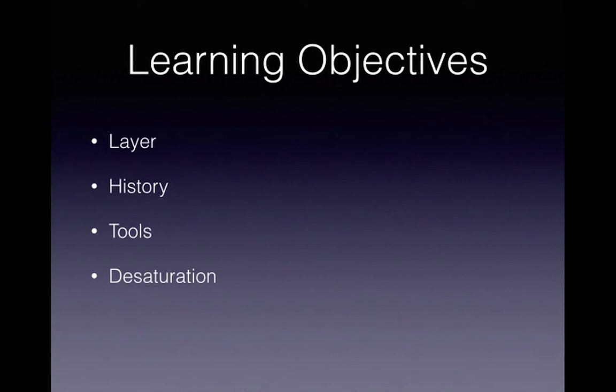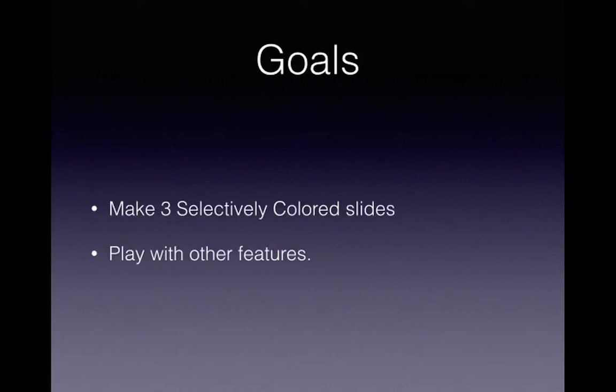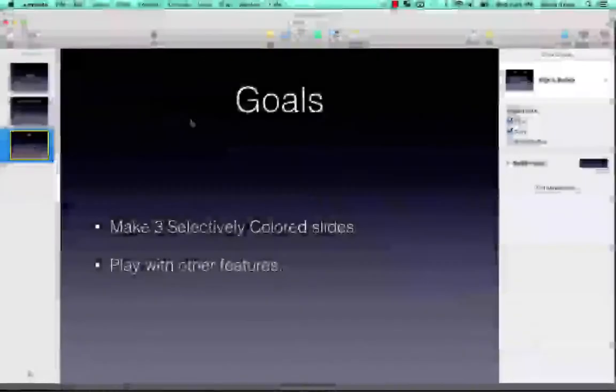So you'll learn what layers are, how to use the history tool, how to use the different tools, and of course how to desaturate a photo. And by the end of the class, you should have been able to, or at least be able to go home and make 3 selectively colored slides, and hopefully you'll have some time to play with some other features. So let's get started by going to Pixlr